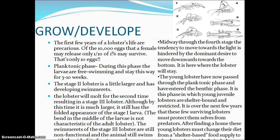The lobster will molt a second time, resulting in a stage 3 lobster. Although by this time it is much larger, it still has the folded appearance of the stage 1 larva. The bend in the middle of the larva is not characteristic of the adult lobster. The swimmerets of the stage 3 lobster are still non-functional, and the animal still swims with the aid of its